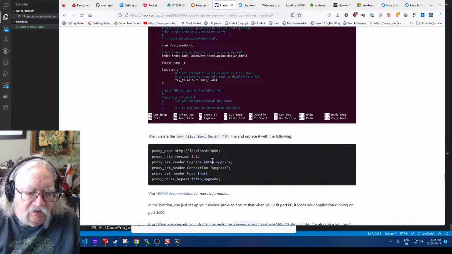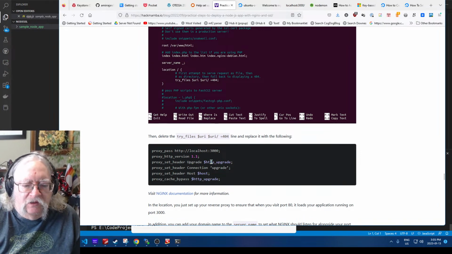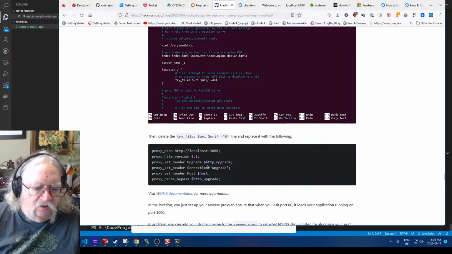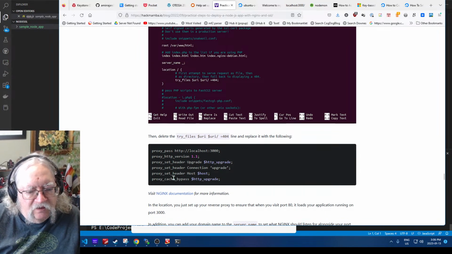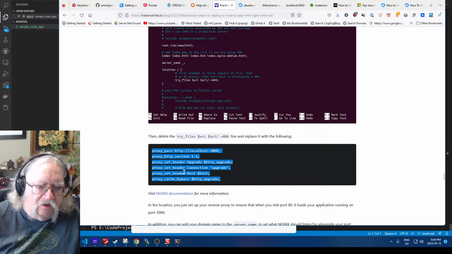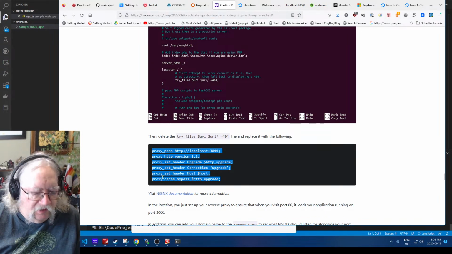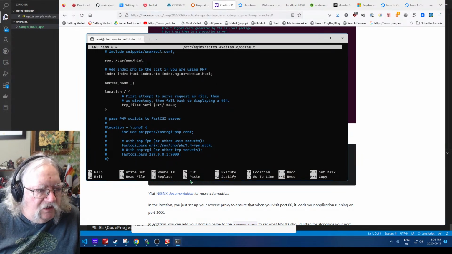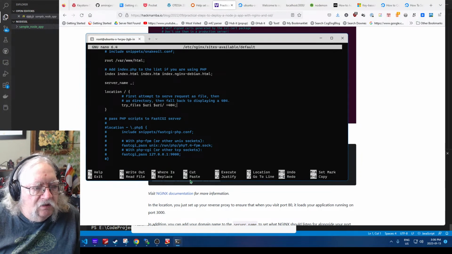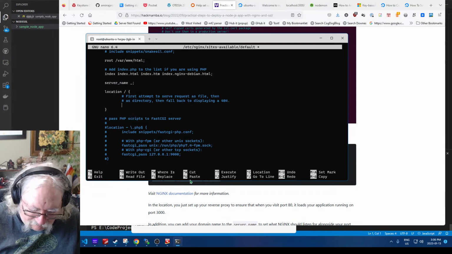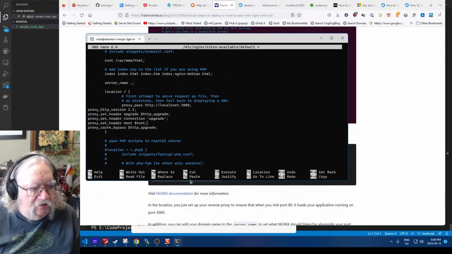Header upgrade, and what that'll do is that will pass whatever the header was that accessed NGINX, it'll pass it through to my Node.js application. And we'll bypass the cache, etc. So, okay, so we'll copy all of this and we'll remove that one line. So let's get in here. So let's see now. How do we remove a line, I wonder? Let's just, that works. Just using the backspace key, and then here's all my stuff,